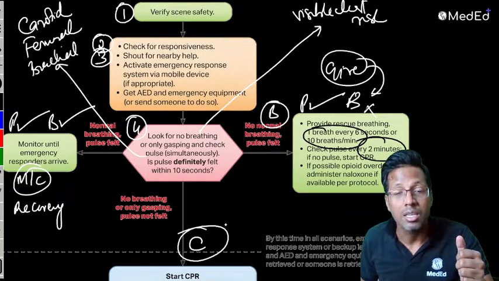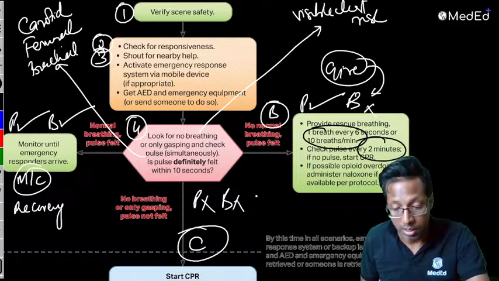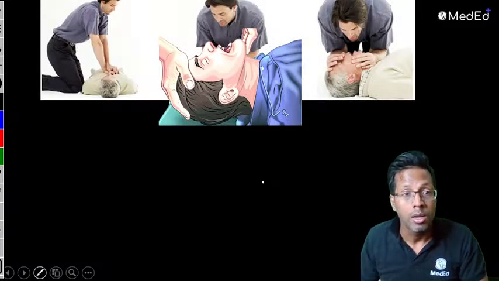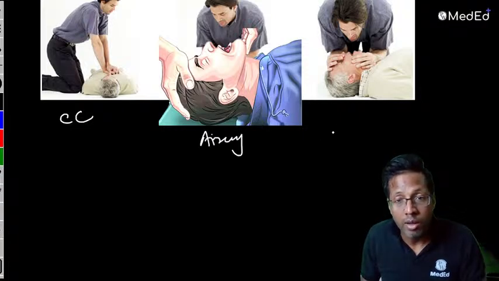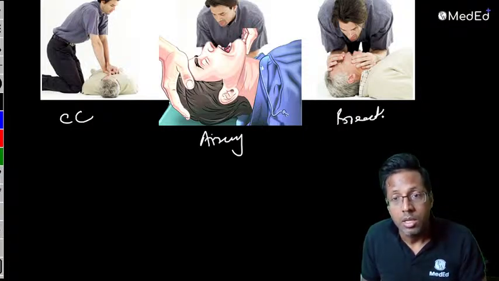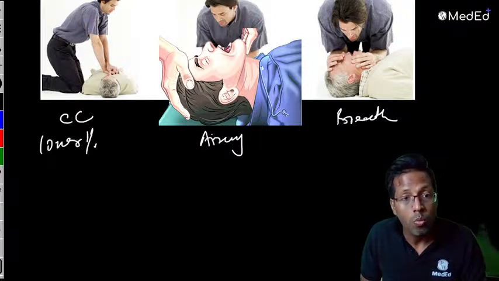The third step is C. When the pulse is not felt and the breath is not felt, this is where you start CPR. Now, when you give CPR, there are three things. You are going to give chest compression, you need to take care of the airway, and then you need to provide the breath. Chest compression is given in such a way, remember it is the lower